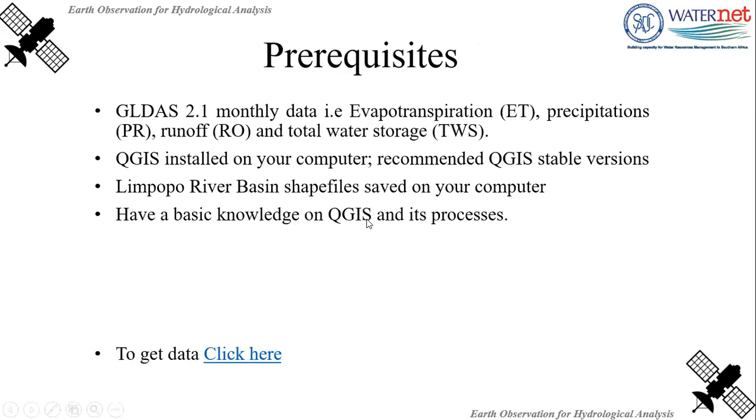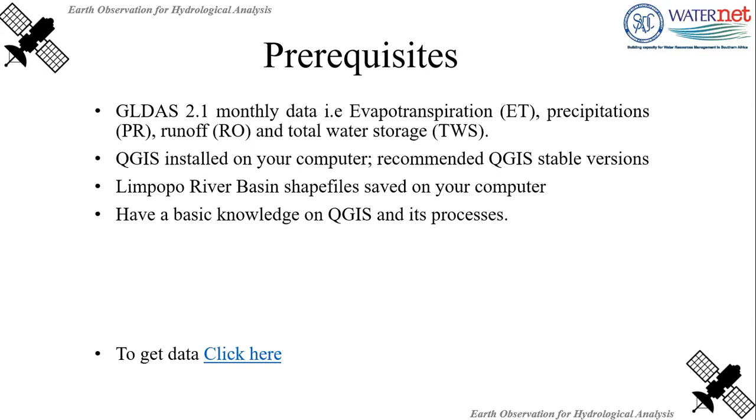So the prerequisite of this exercise, you must have a GLDAS 2.1 monthly data, and that is about transpiration, precipitation, runoff, and the total water storage. We downloaded it yesterday. You must have QGIS installed on your computer, and it is recommended to use the stable version, specifically QGIS 3.4.6 as I earlier recommended for you all to install, because the latest one, which is QGIS version 3.16, is not stable yet,